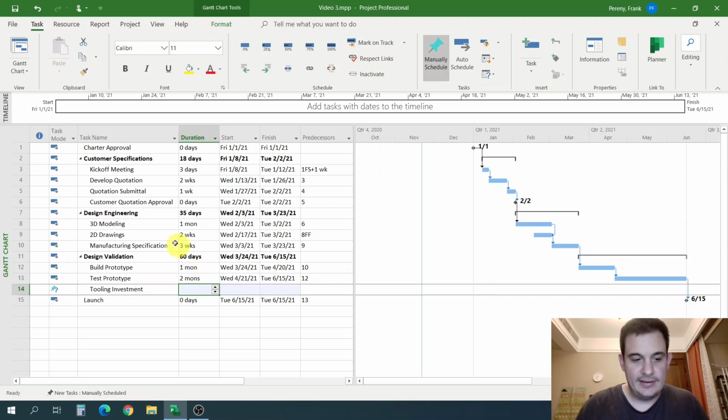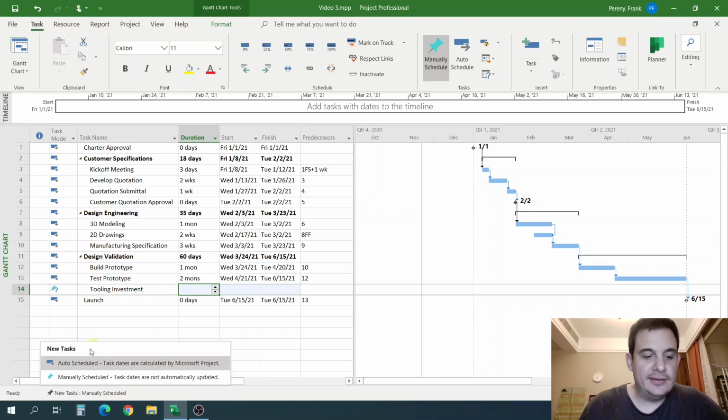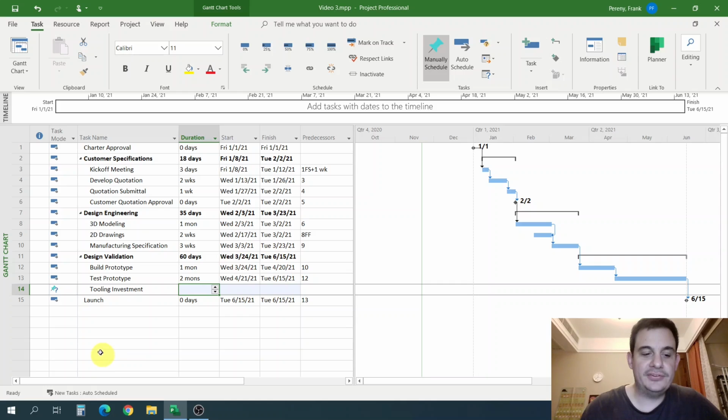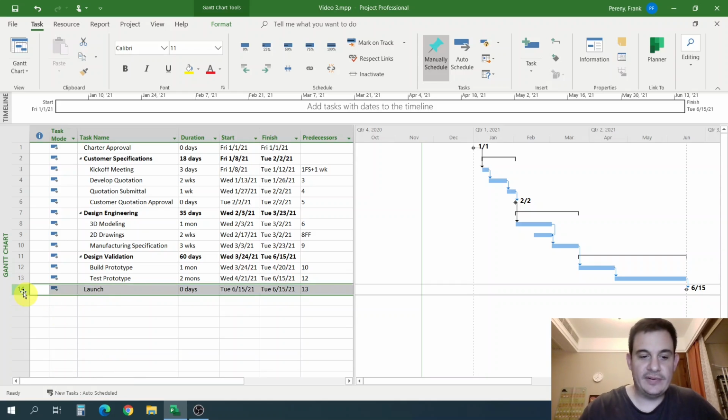Okay. And by the way, I want to also mention one more thing. There's a little box down here that you can click on, and when you create a new task, it will determine by default, is that auto-scheduled or manually scheduled. Microsoft Project, by default, will set everything to manually scheduled. I usually set this to auto-scheduled, but I wanted to show that. So now when I create a new task, so if I delete that, if I were to insert that task now,